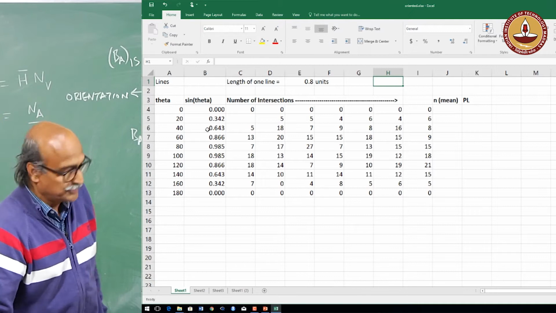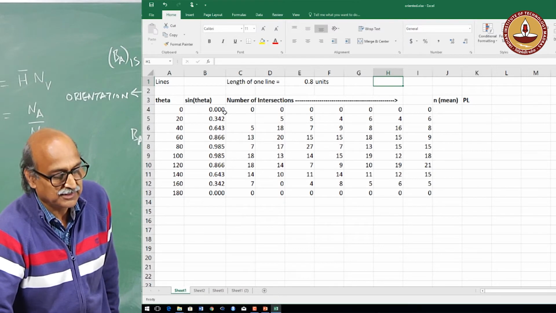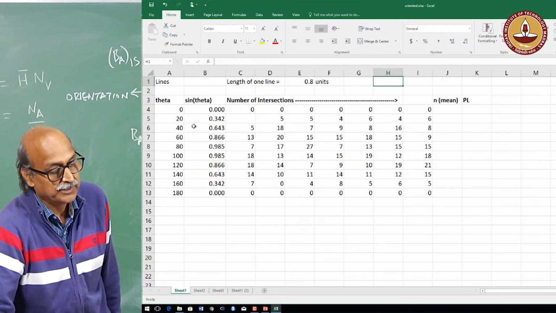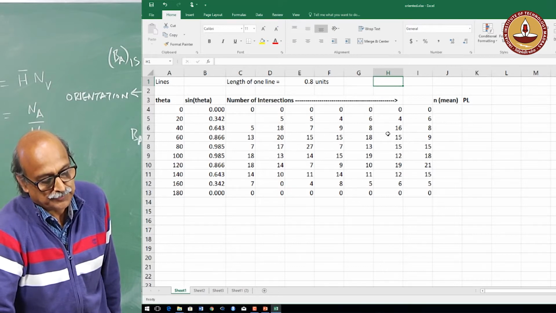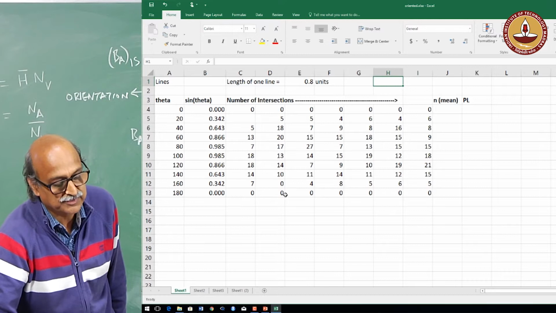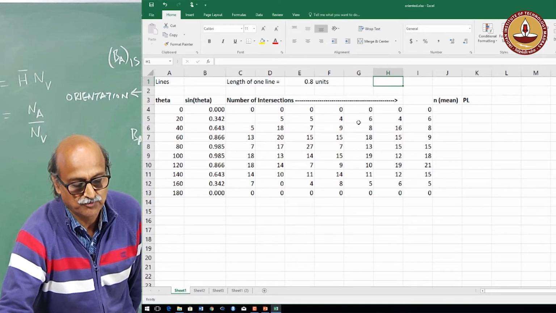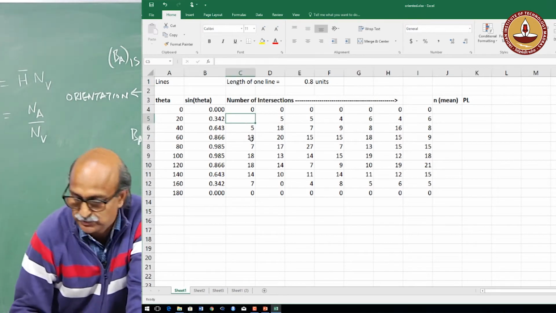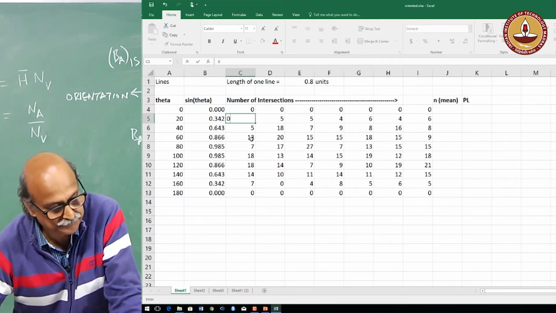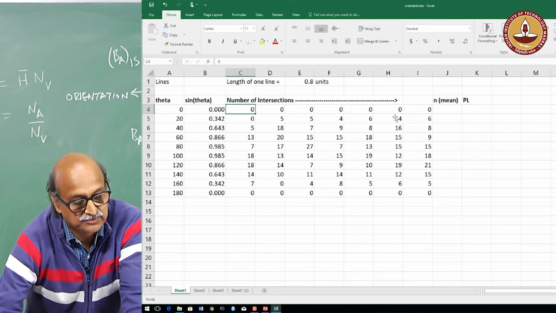The data that you see here along 0 degrees, as I said, the number of count will be 0. Then at 20-degree intervals, we get counts. Here each column represents one field that was taken. So, a total of 1, 2, 3, 4, 5, 6, 7 fields have been taken in this, and this should also be 0. So, I have this data.